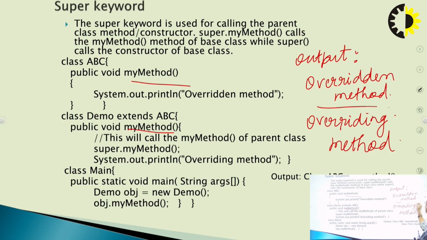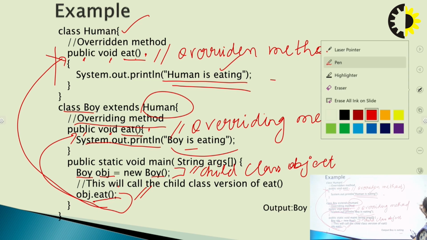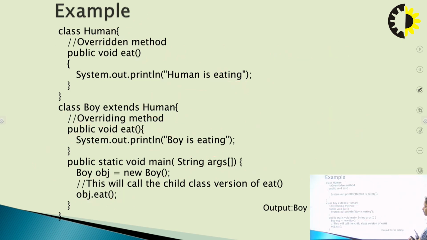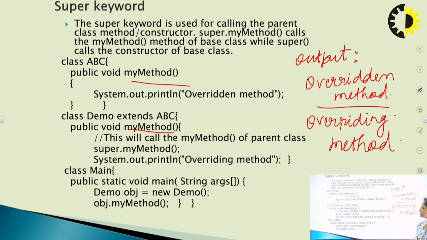Clear? But in the previous example, only the output of the second method is achieved. The first one never executes because of method overriding. But by introducing the super keyword and the method name of the super class which we don't want to get overridden by the child class, we are able to get both outputs, with both methods executing separately even though they are similar to each other. So this is the concept of method overriding in Java.